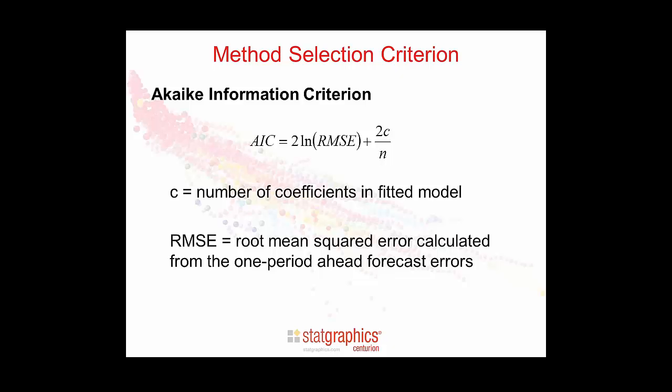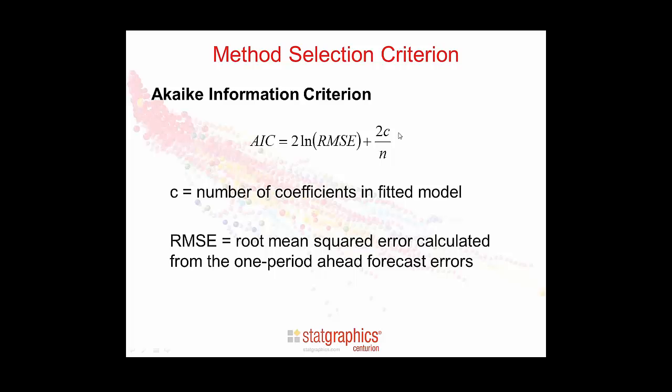The Akaike Information Criterion, or the AIC, is basically a combination of the root mean squared error, which is the square root of the average of the one-ahead forecasting errors, basically a measure of how well I fit my data,